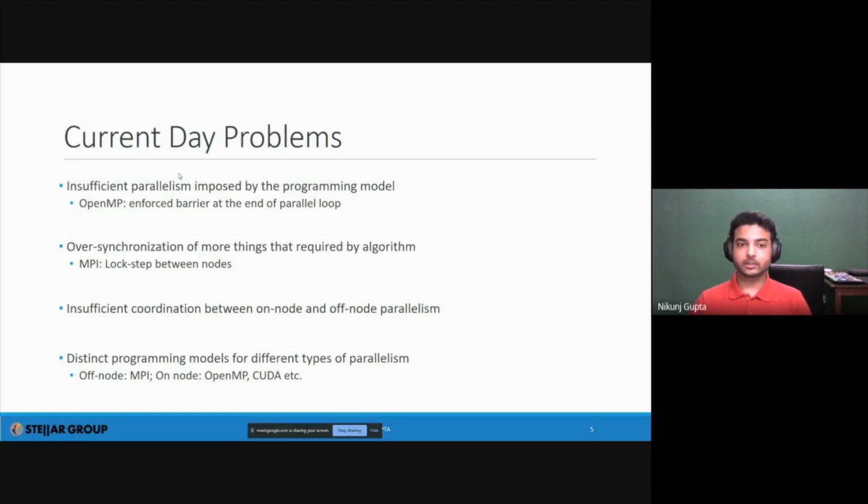Now you can obviously use it. People have been doing it for a long time, but it requires a lot of proficiency to have performant systems that have such coordination between different frameworks. And finally, we have a lot of distinct programming models for different types of parallelism. Based on that, you have various forms of MPI implementations available if you want to go distributed. But if you want to do things heterogeneously, you have OpenMP, you have OpenACC, you have CUDA, you have HIP, you have various other frameworks. And as I just alluded to in the previous point, there's not sufficient coordination between them. So that's actually hurting your performance in the end.